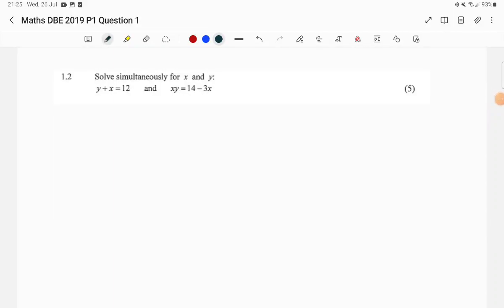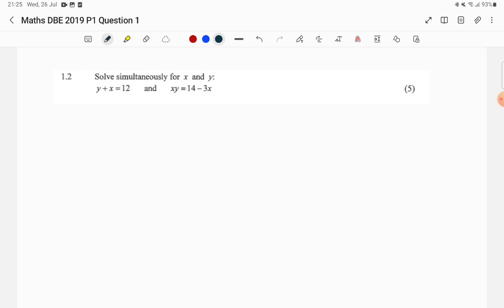Question 1.2 now says solve simultaneously for x and y for 5 marks. y plus x is equal to 12 and xy is equal to 14 minus 3x. So ideally the main objective of a simultaneous equation is, well, you're given two equations and your job, if necessary,